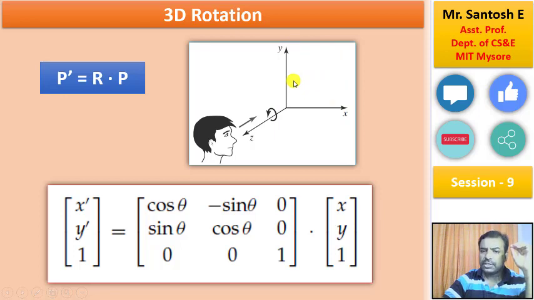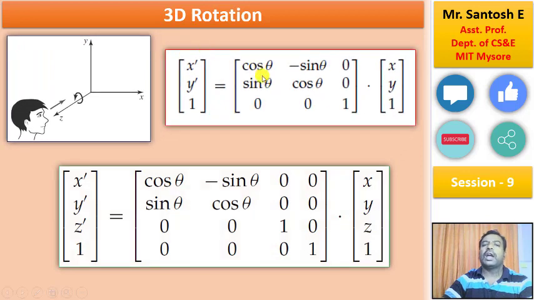For this case we have a 3x3 matrix for 2D, and remember this is what I'm showing here. Even though we had a 2D rotation, the z-axis was used as the reference for rotation. So whenever we apply rotation in the xy plane, keeping the z-axis as the reference, this is 2D rotation.